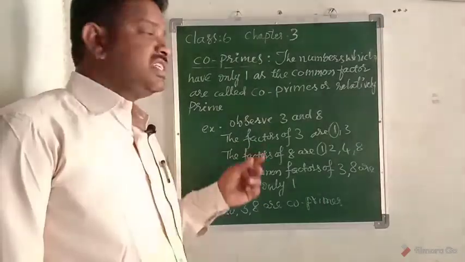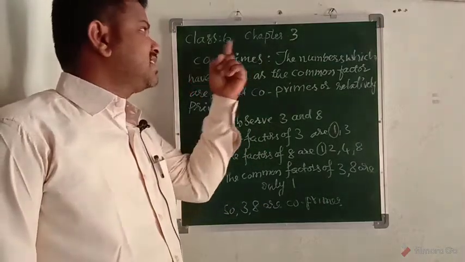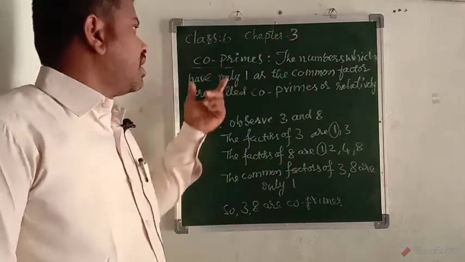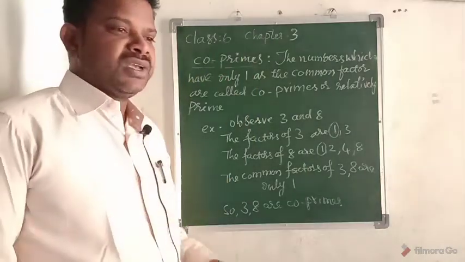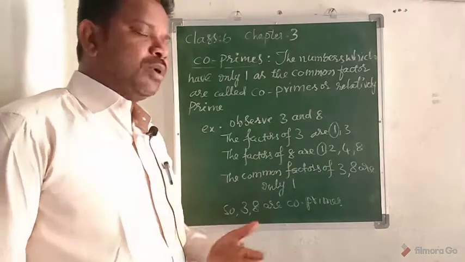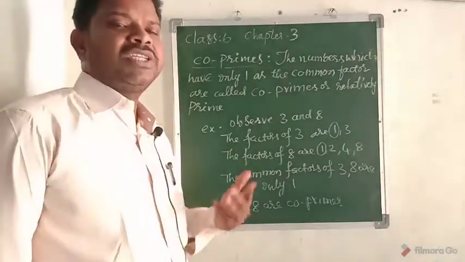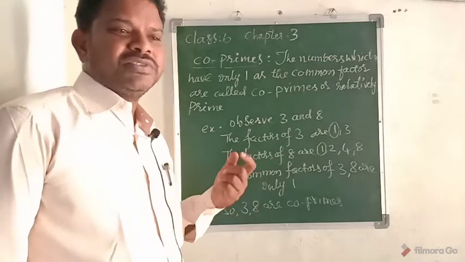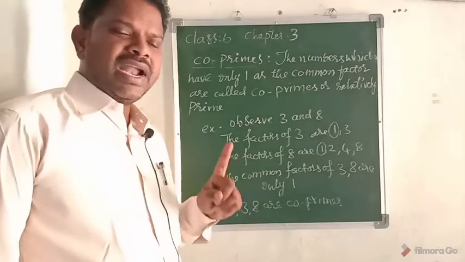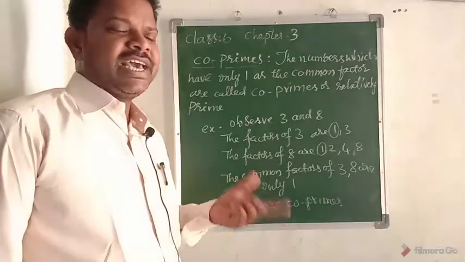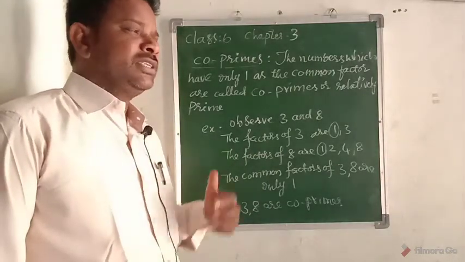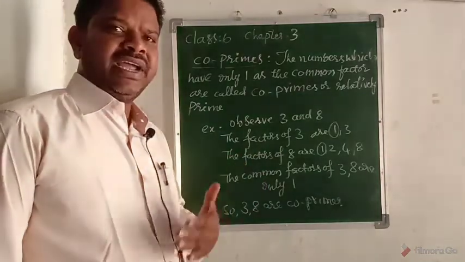In this session, we'll discuss class 6th, chapter 3, about coprimes. Till now we have discussed prime numbers and composite numbers. What are the prime numbers? The numbers which have only one and itself as factors are called prime numbers, like 2, 3, 5, 7